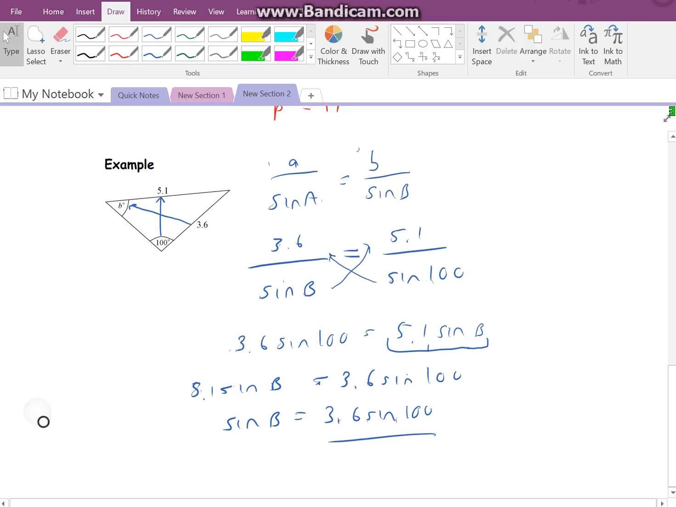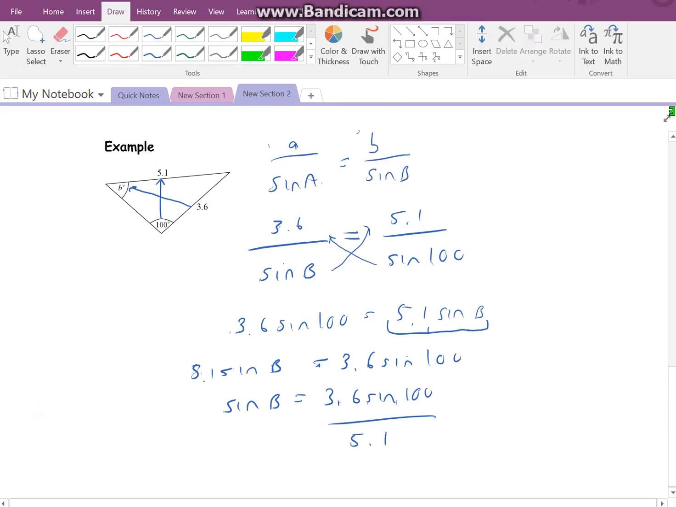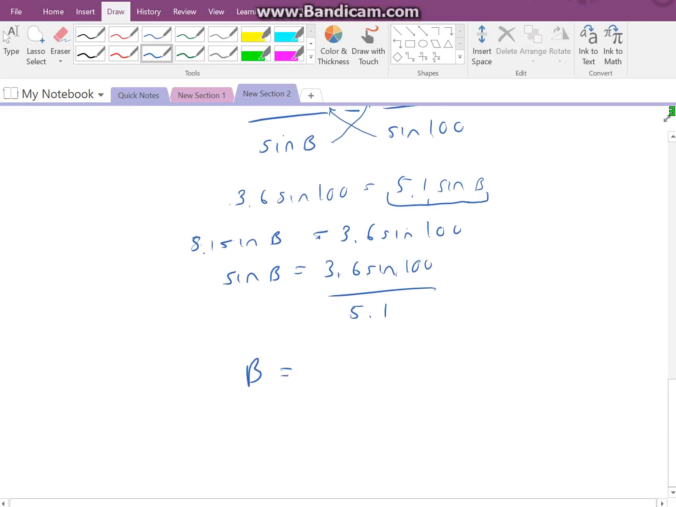what's that number there? I have 5.1. I want to find B, so I have to get the inverse sine of this, 3.6. This is going to run out, but you should be able to